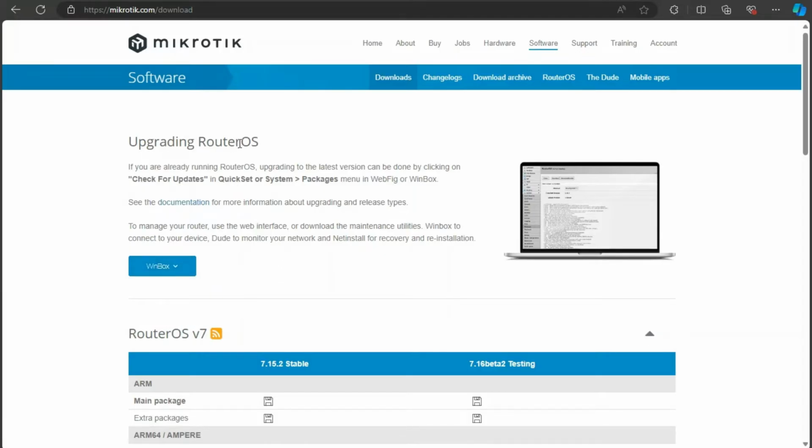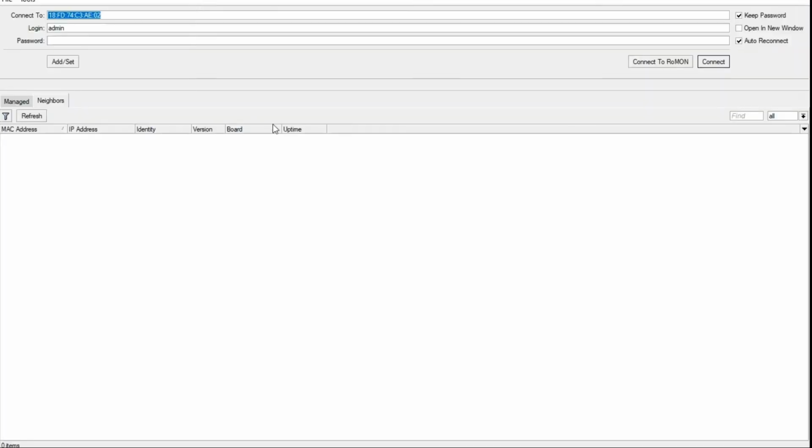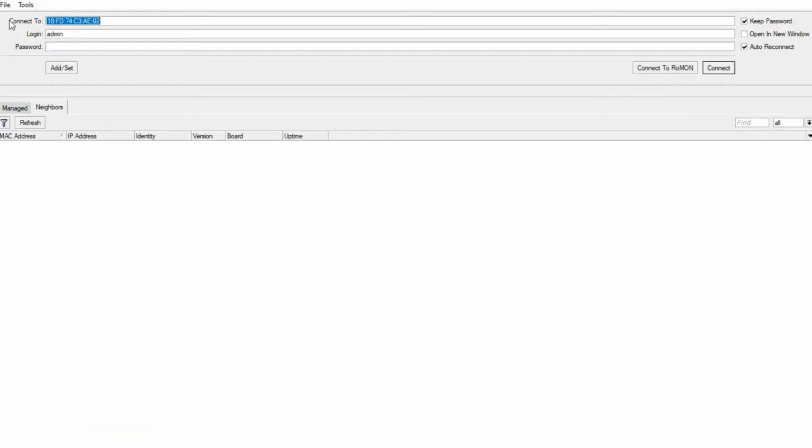Mikrotik routers, they are not set using the normal 192.168.1.1 on the address bar, or 192.168.0.1 like in the other routers. They are configured using WinBox. So go ahead and download. I have already downloaded. So after you install it, this is the WinBox, and on top here you